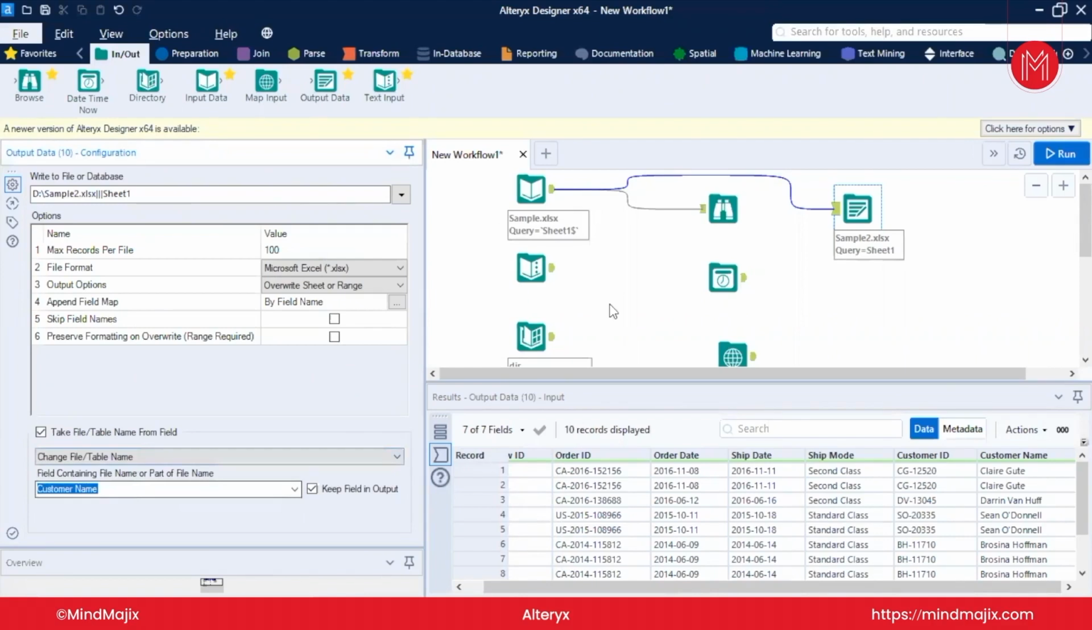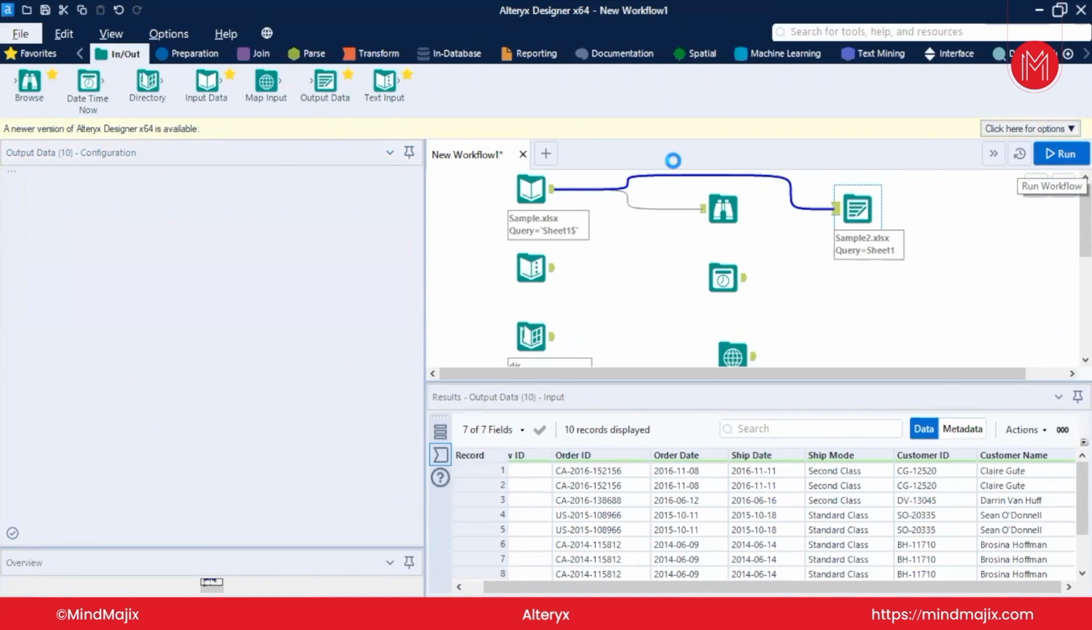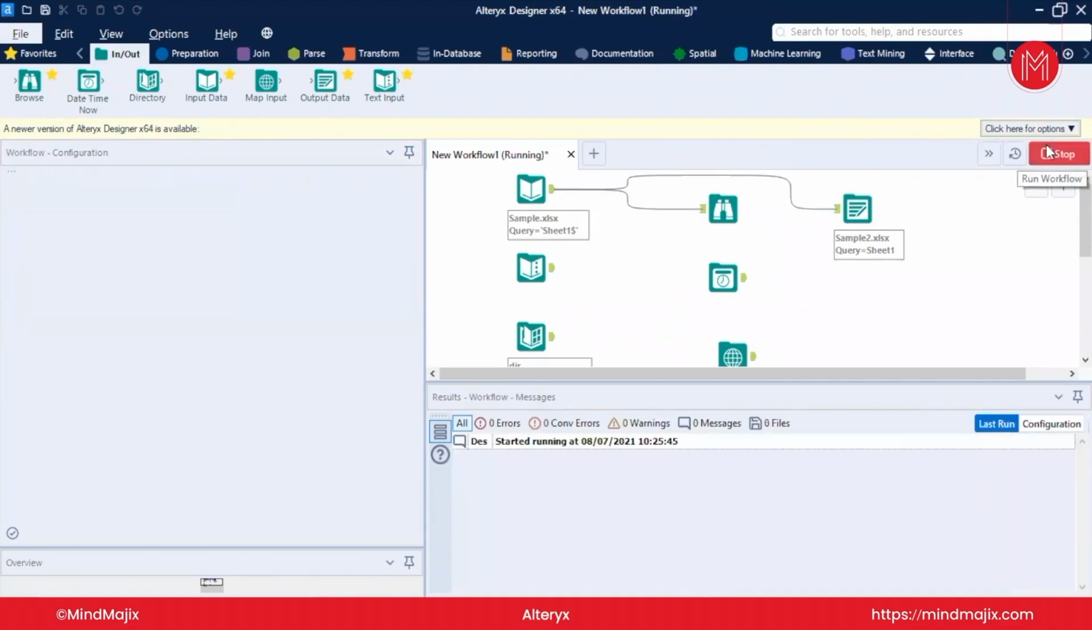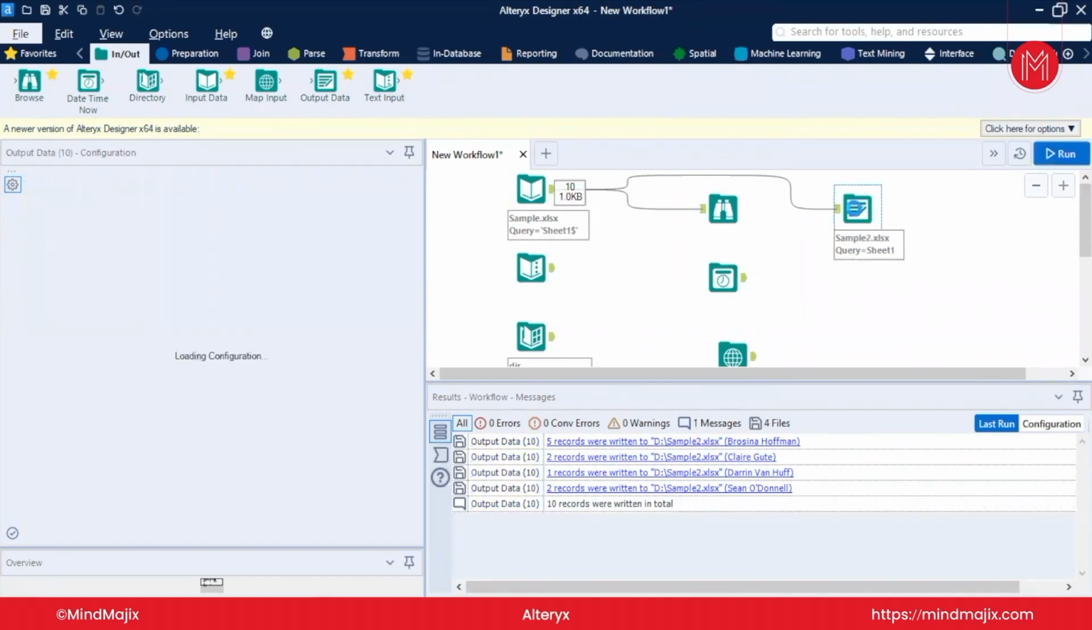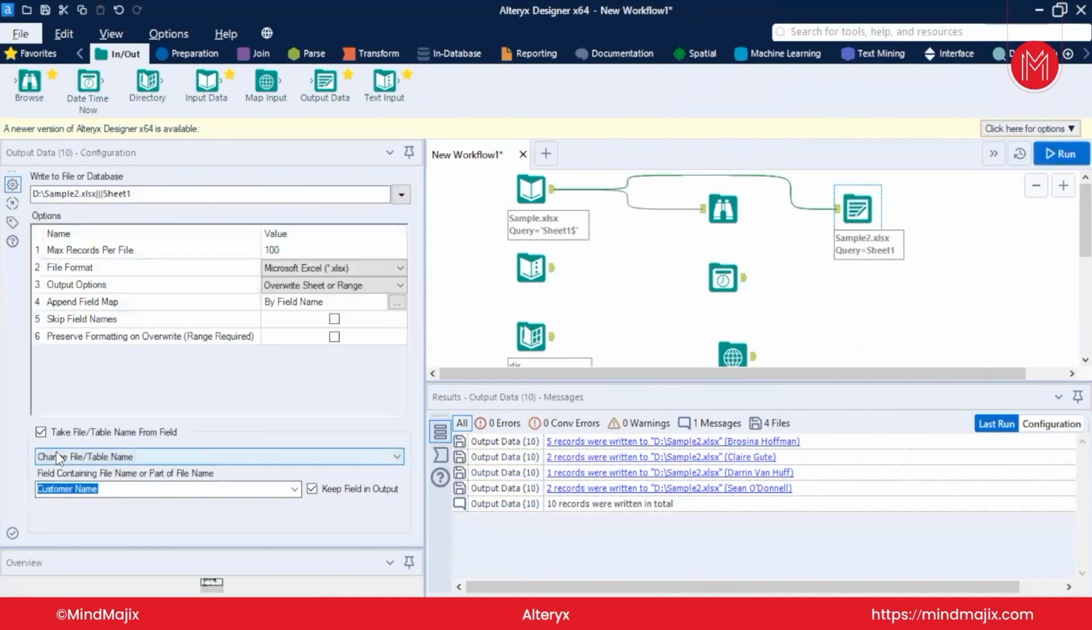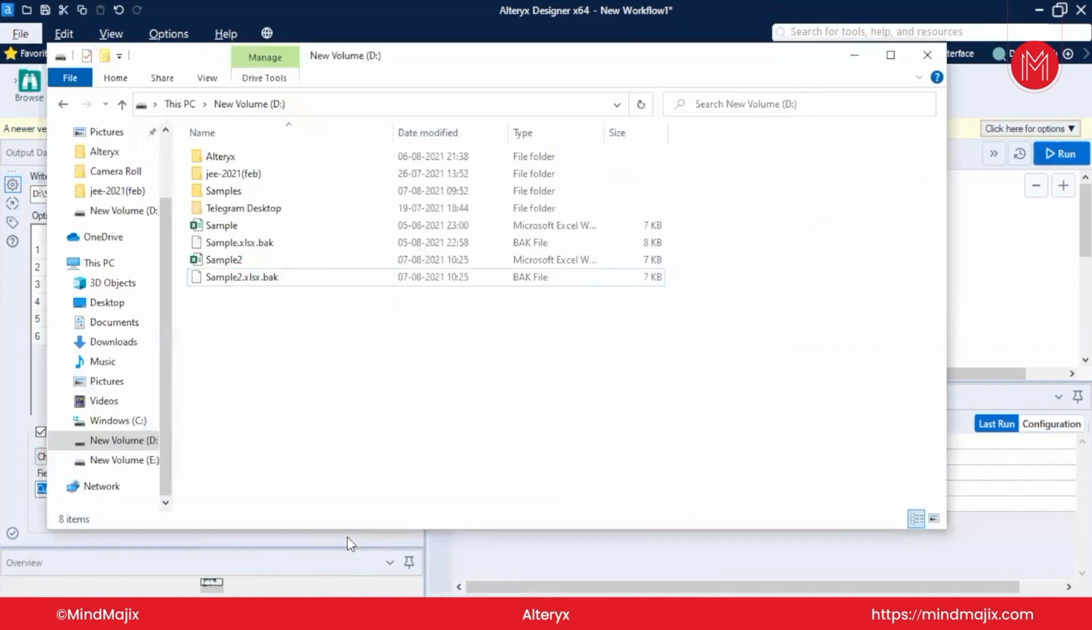So what we can do, we can run this option again. I'll show you what it will do. Now that we have executed our workflow, we will have a look at sample2. See, we chose the option change file or table name. It will not append anything. It will not prepend anything. What it will do, it will create the